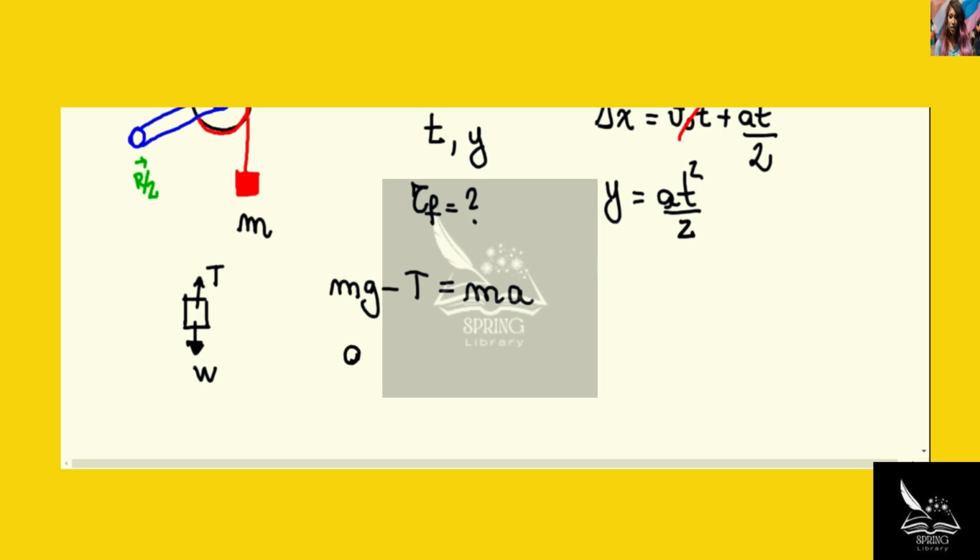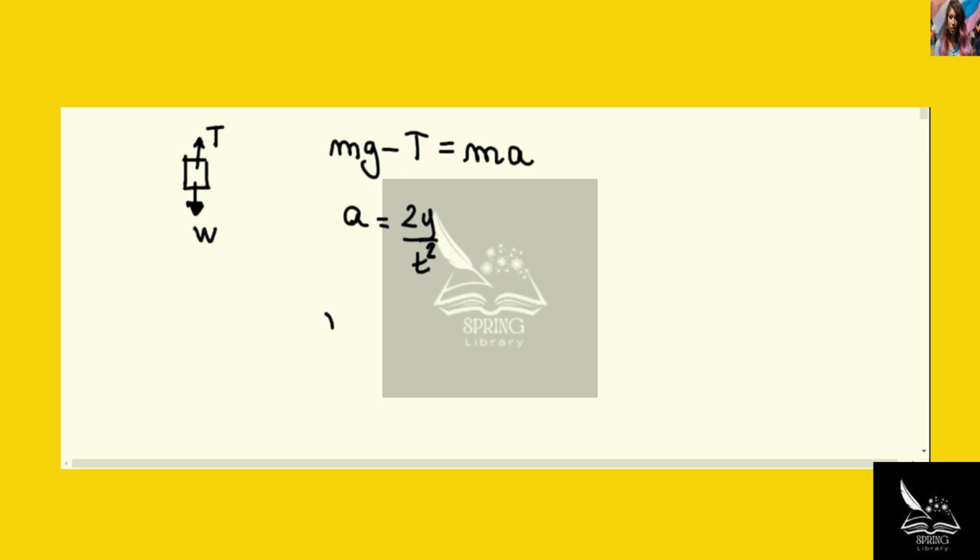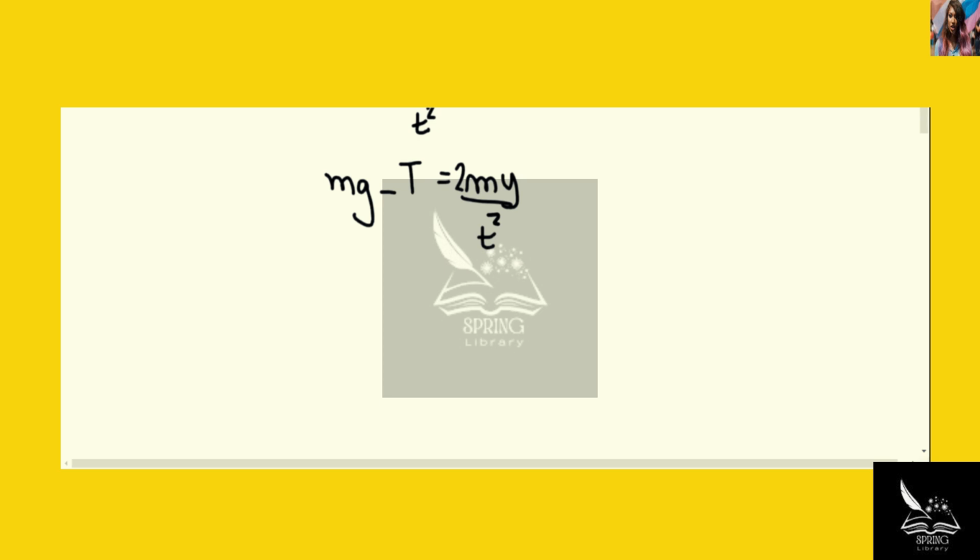So a is equal to 2y over t squared. This means that mg minus T is equal to 2my divided by t squared. And from here we can obtain the tension force, and that's equal to